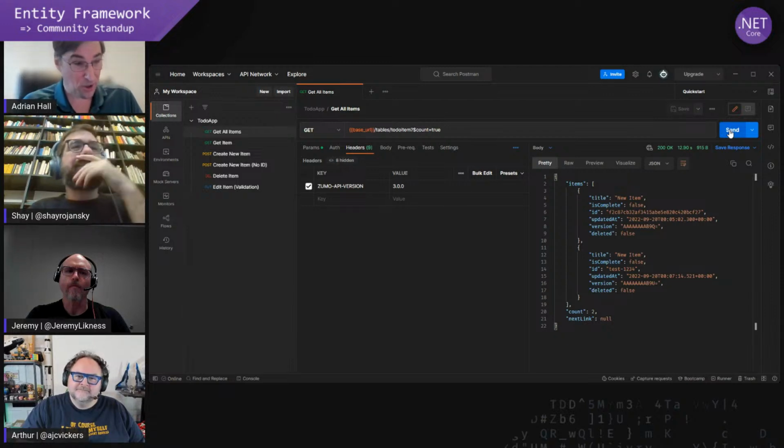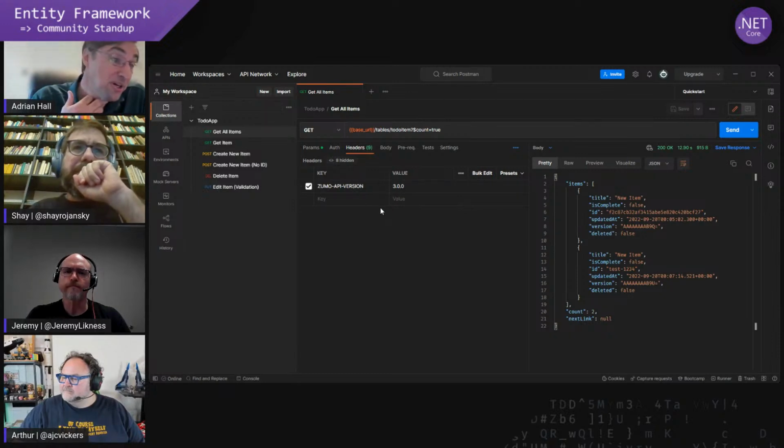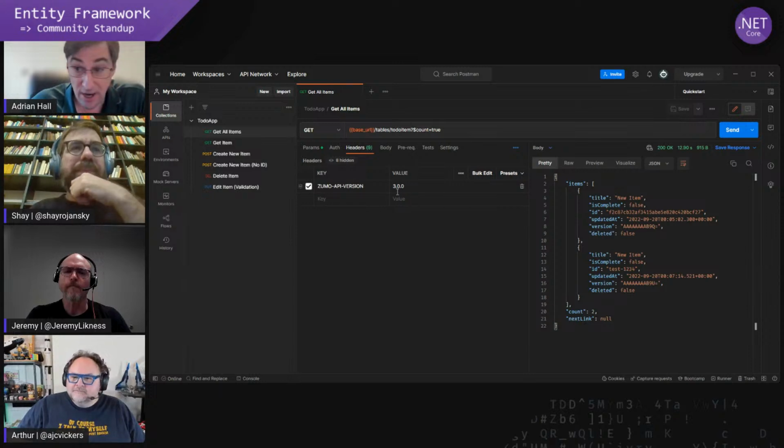If you need the records to be submitted in a certain order, you have to do them in that order. But you can make those decisions on how to push on a per table basis. If you've got a big table that doesn't care, you can do it parallelized, and for a smaller table where it does care, you can do it serially. You can make those decisions in code yourself. There's a Zumo API version 3.0.0. If you're using the 4.2 client, the older .NET Framework client, there's a Zumo API version 2.0.0, and we support both at the same time.